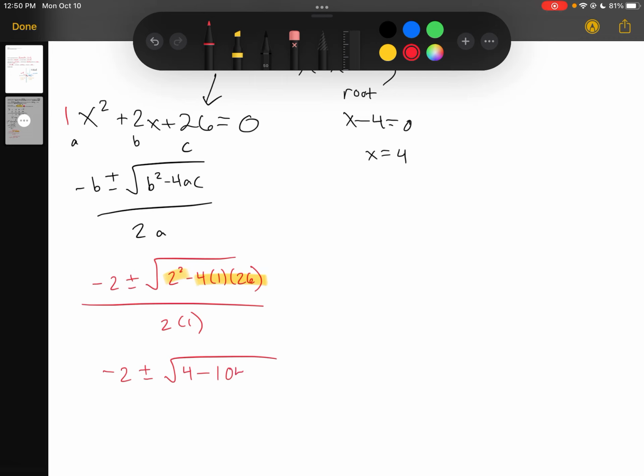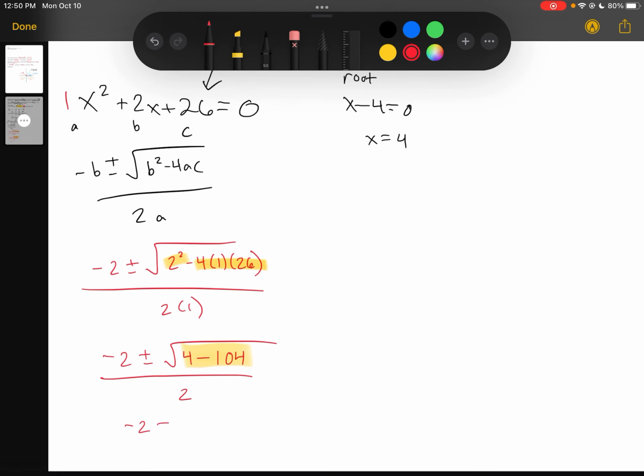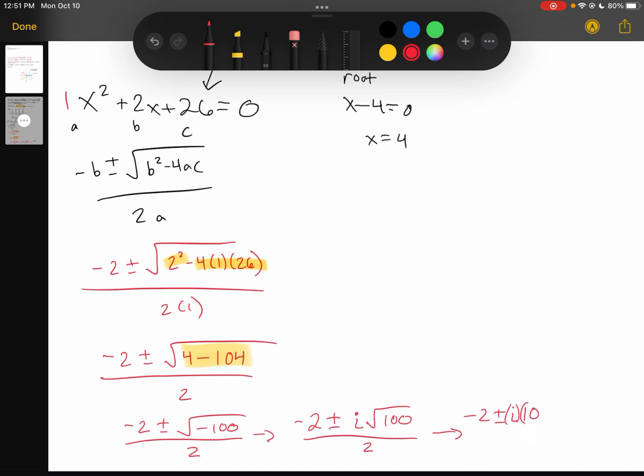So I'll have 4 minus 104 all over 2. And then we can subtract on the inside. You got to be careful subtracting here because we have a few negatives. We're left with negative 100 over 2. So if we have a negative square root, reminder that we can turn it into a positive square root, we just have to take i out. So by taking i out, we have ourselves just the root of 100, which we can solve. So minus 2 plus or minus i times just 10